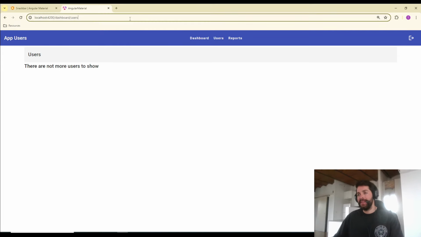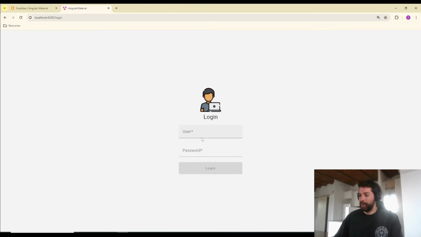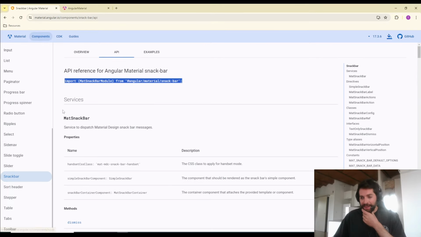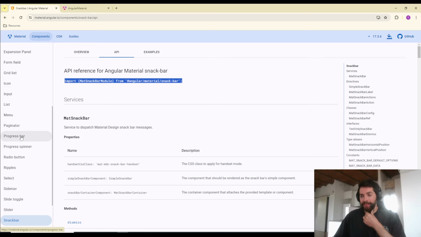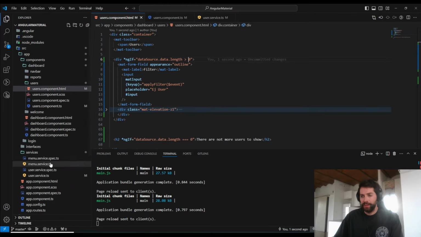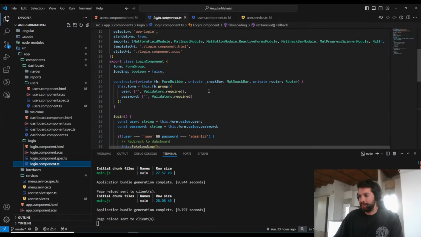Okay, the last thing that we are going to do related to the delete user is show a message when the user is deleted. Like the one we already implemented, we are going to implement this same component. So what we need to do is find which is the element. Okay, let's go to the login. The element is this one,